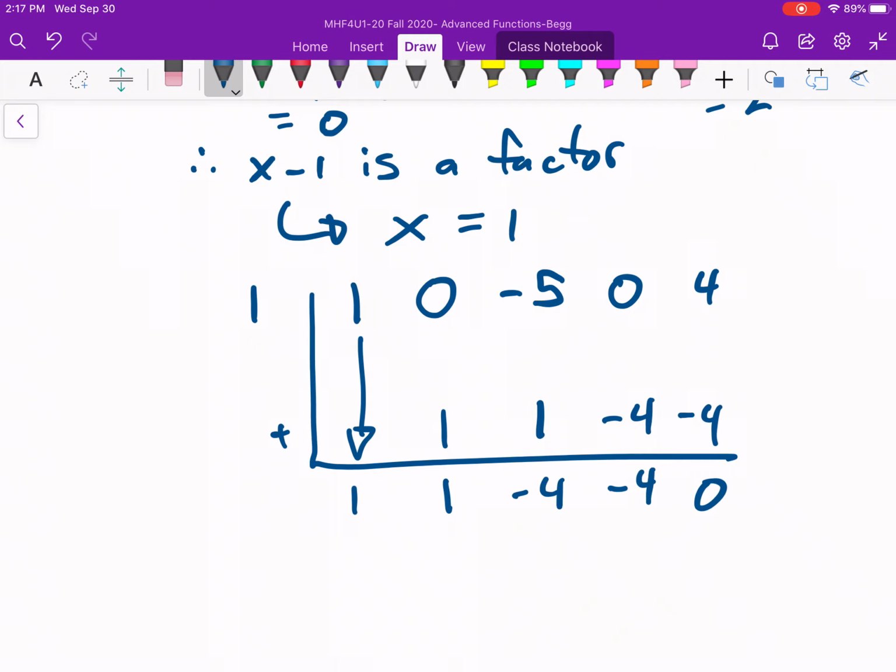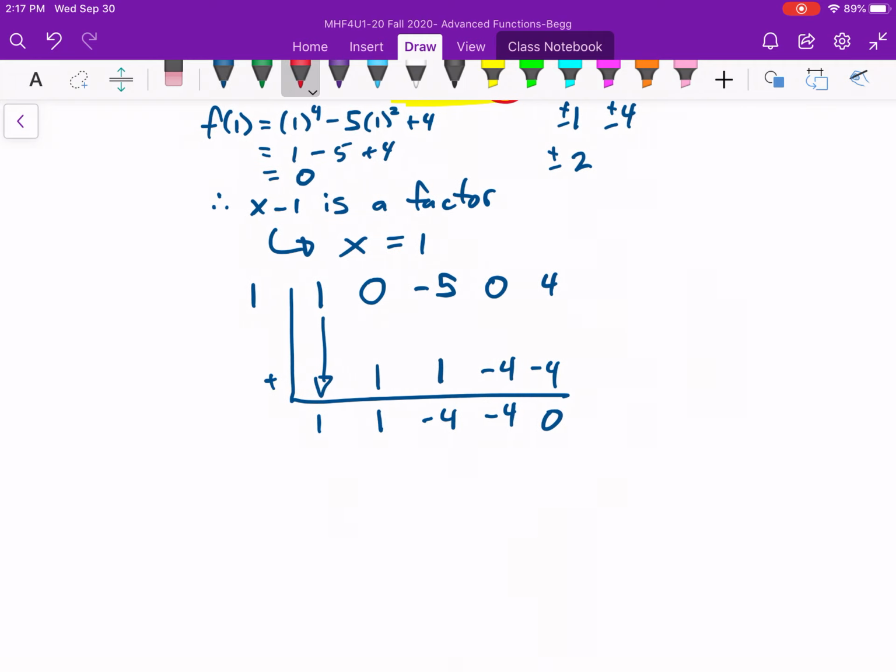Add those together, I get 0. Okay? Great, I got 0 for my remainder, that's what I want. This is my constant term, this is my coefficient of my x term, coefficient of a squared term, we just count over from the right, coefficient of a cubic term. So the answer is